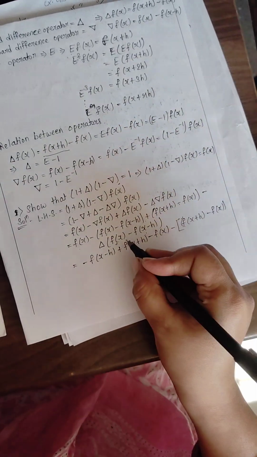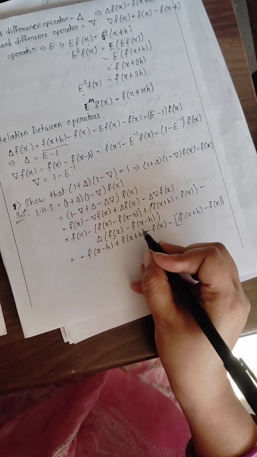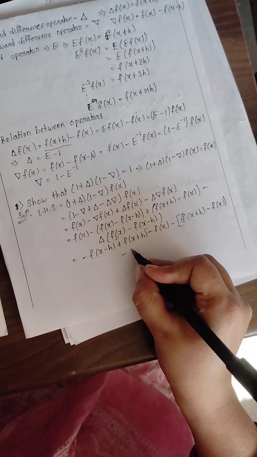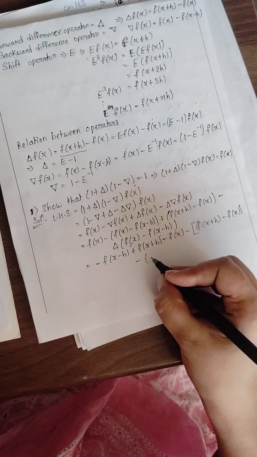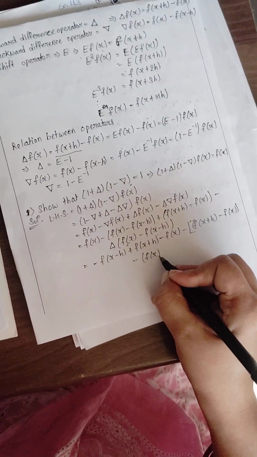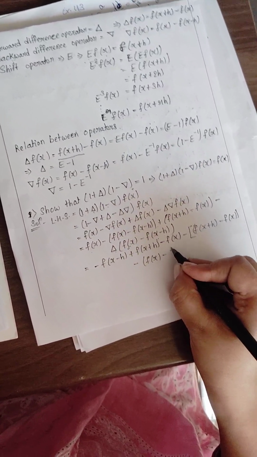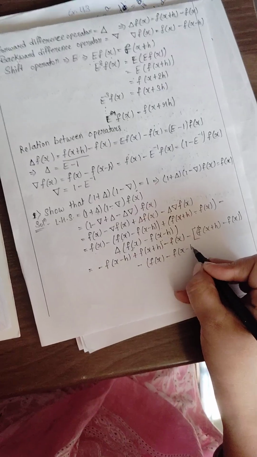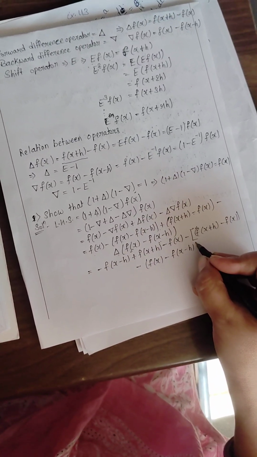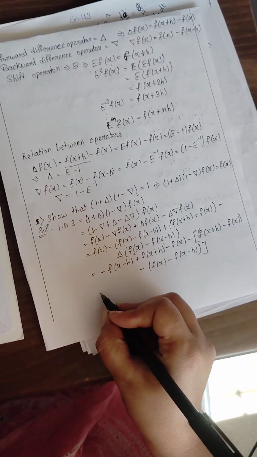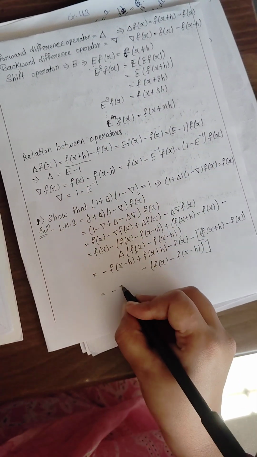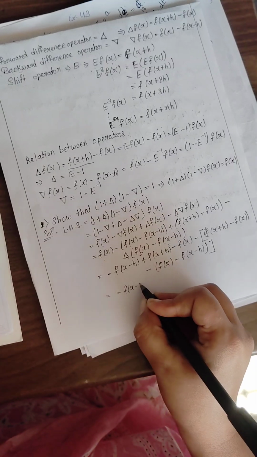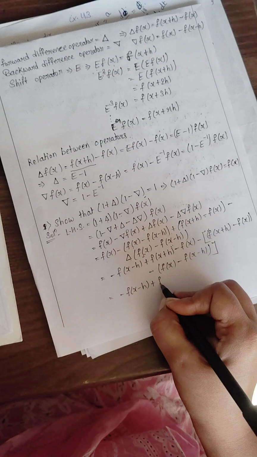This is one part of this one. Now the forward operator of this value will give you f of x minus h plus h, that becomes f of x, minus the current value, which is f of x minus h. Now if you open the bracket, what we have is f of x minus h plus f of